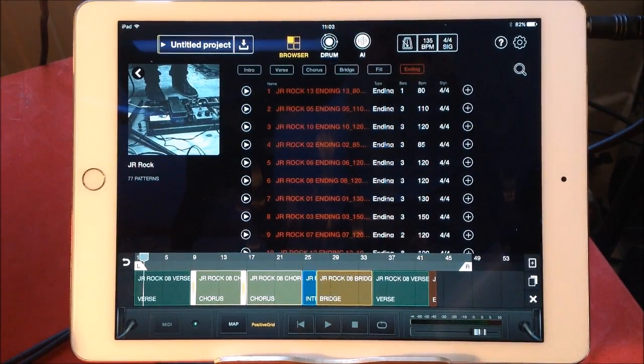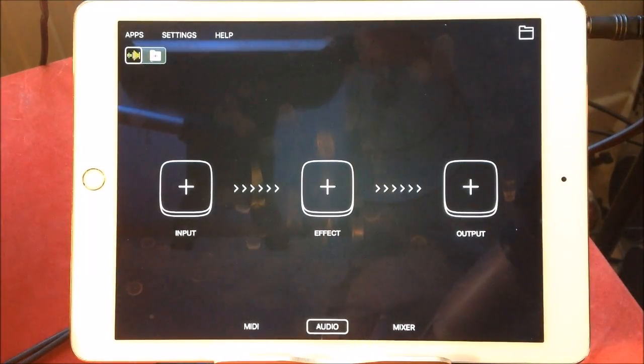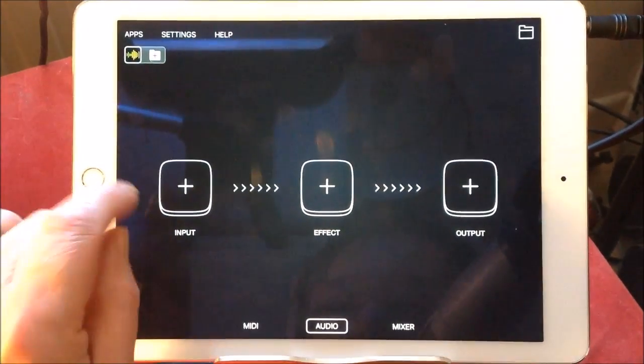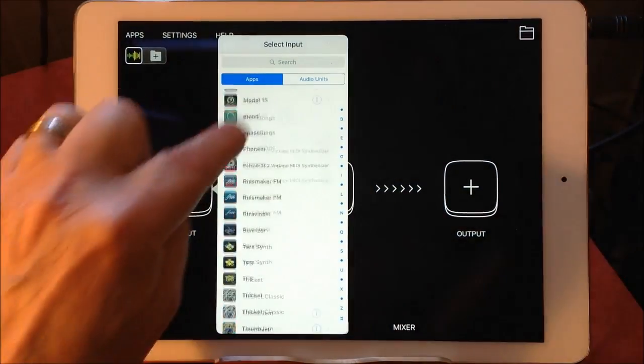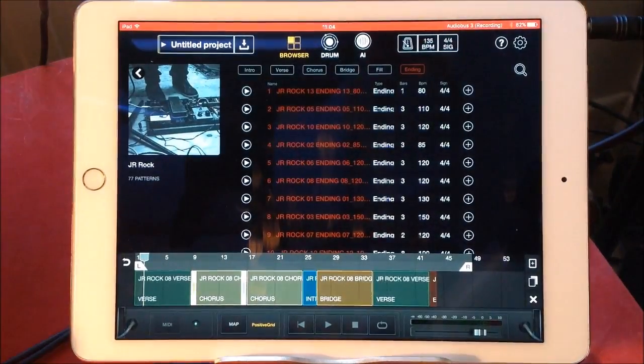Okay, so you've got that. I've basically covered how you would record this. So you would need to open Audio Bus. I'm not sure if it's an inter-app audio or not. Actually, I'll have a quick look. Don't think it is. There it is. So we'll just launch it there,